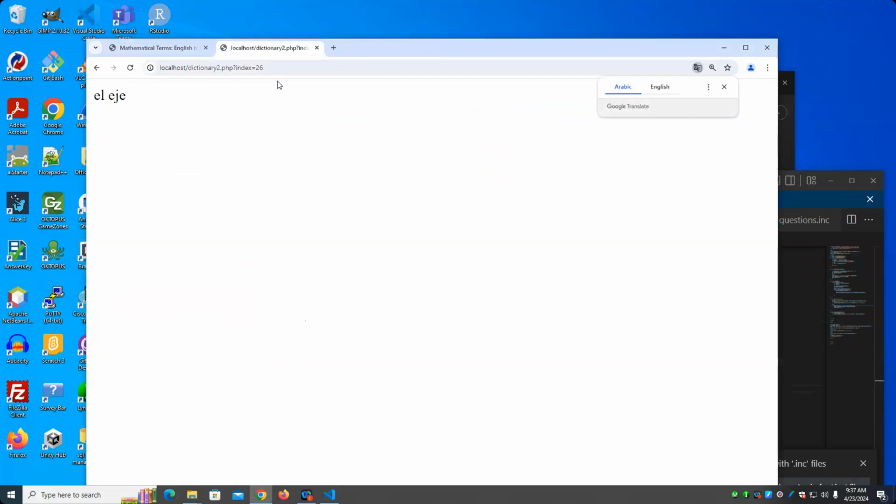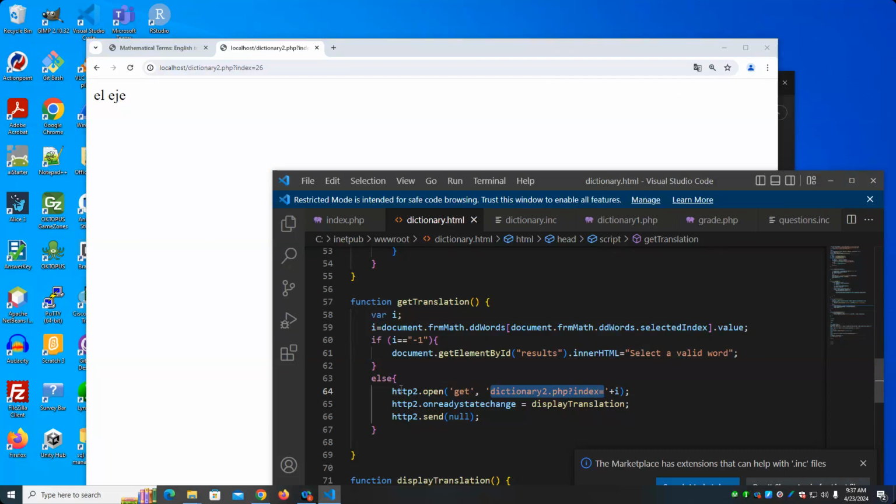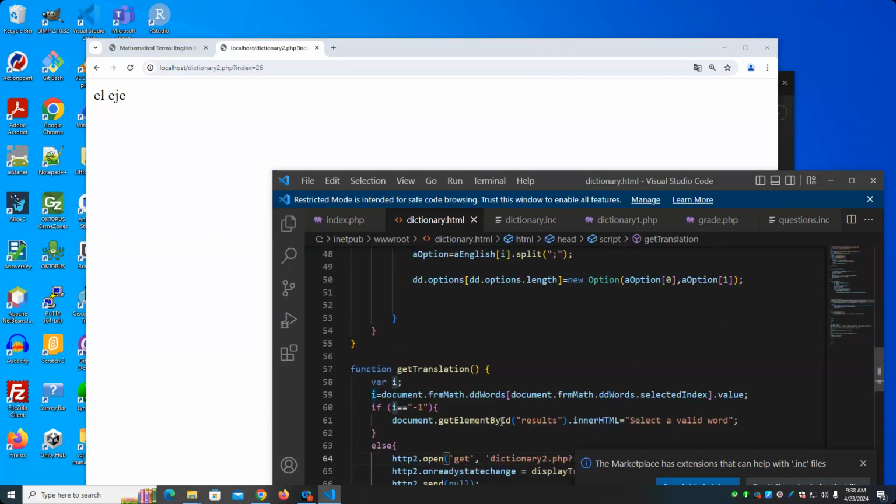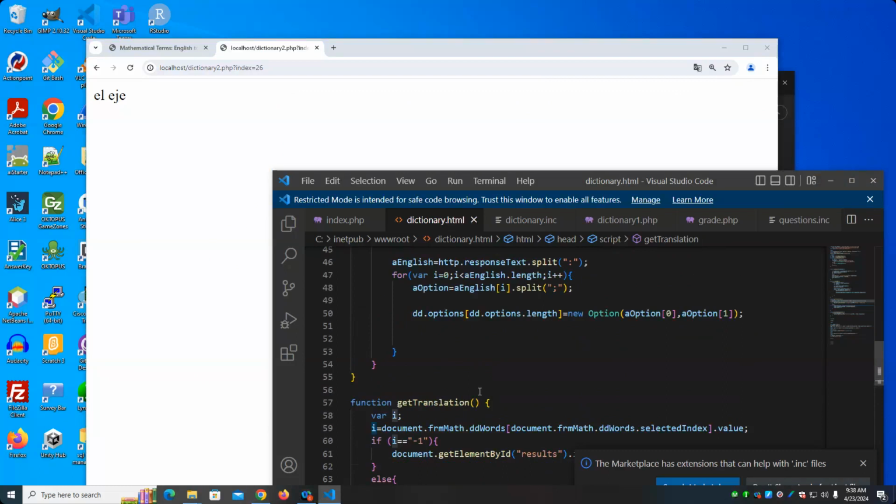And we get back the answer. So we create the request, we pass the value of the dropdown. It's part of the index. On ready state change, we display the translation. And display translation simply takes what was returned